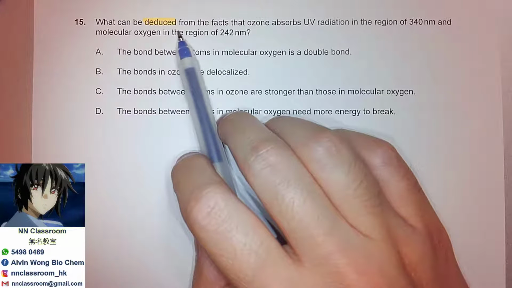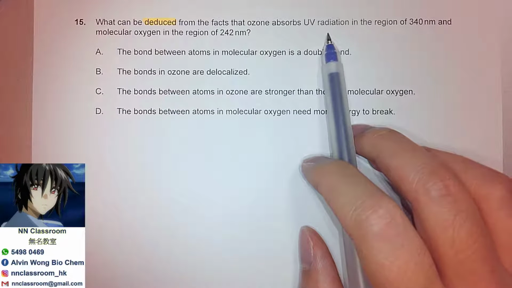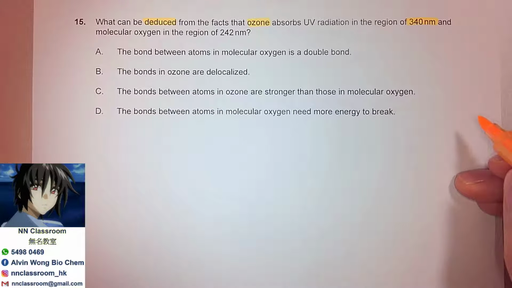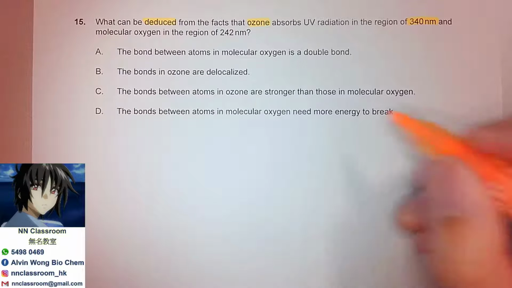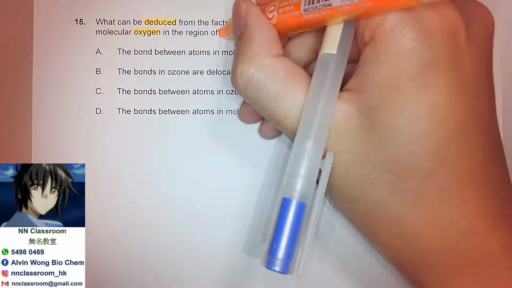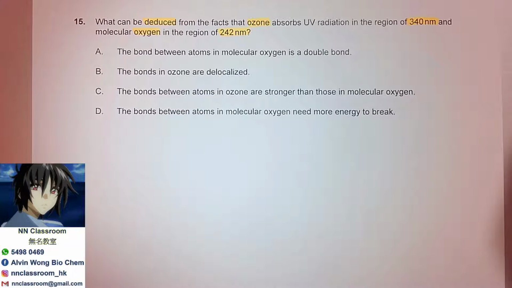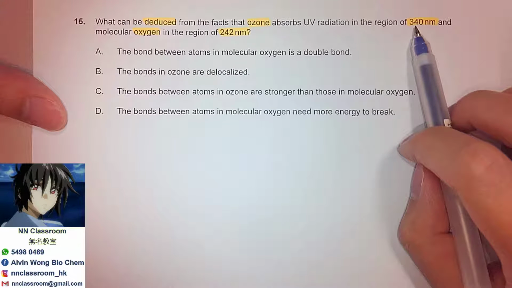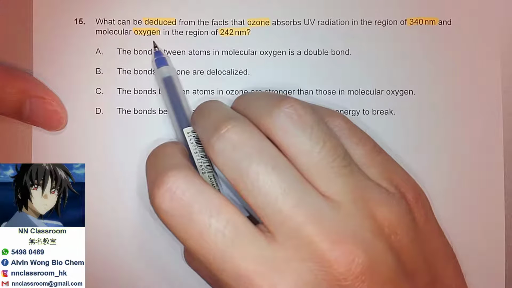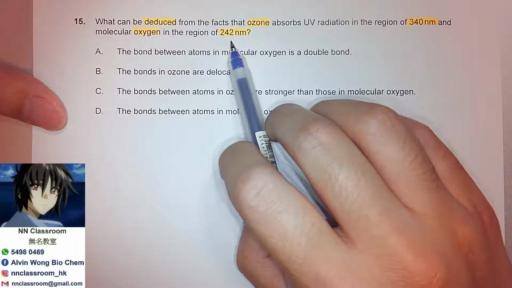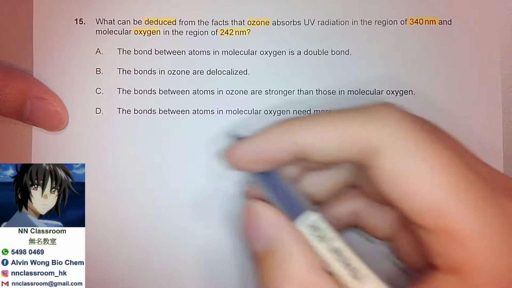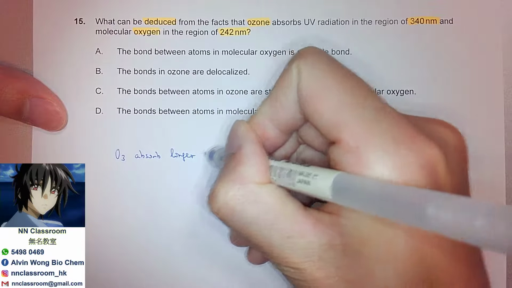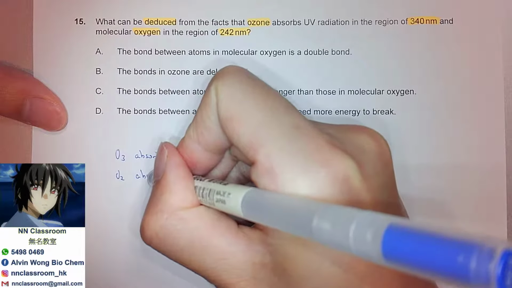Let's see. What can be deduced from the fact that ozone absorbs UV radiation in the region of 340 nanometers, but molecular oxygen, O2, absorbs at 242 nanometers? What we can observe from the given information is that ozone absorbs at 340, which is a higher wavelength, and O2 absorbs in the region of 242, which is a lower wavelength region. So first of all, O3 absorbs longer wavelength,